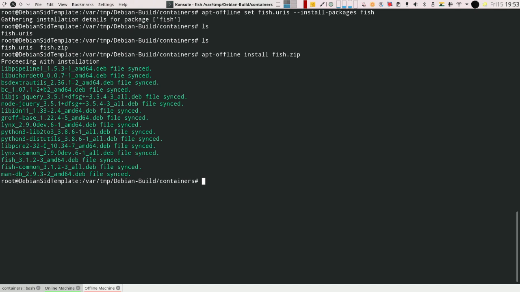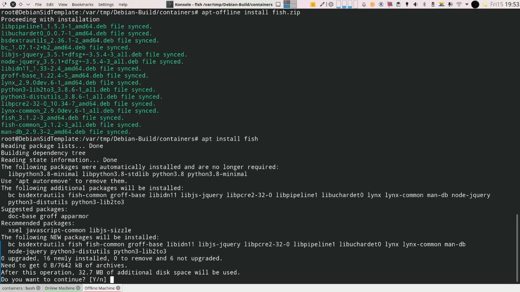At this moment, apt offline has done the job of bridging the gap between the offline and online machine, that of the network. So on the offline machine without the network, you have all the data available. Now when you go back and say apt install fish, this is the actual command that we intended to run. When you do that, you'll see the same familiar prompt that APT provided.